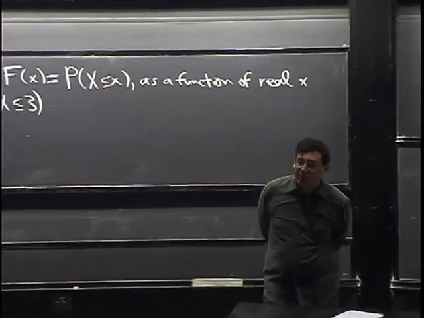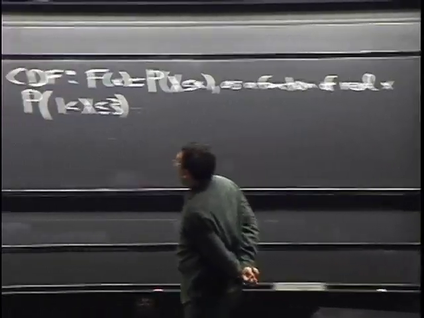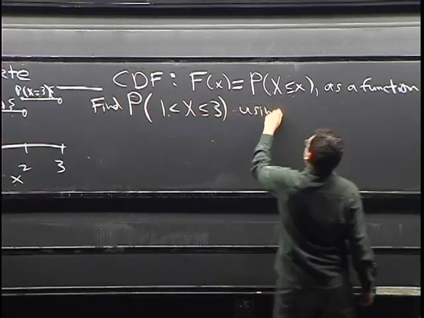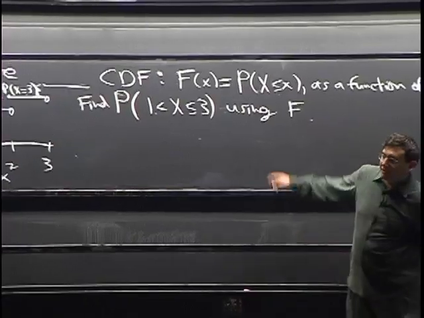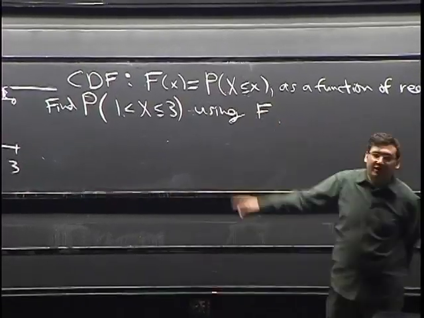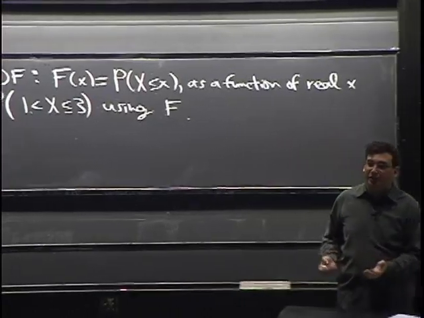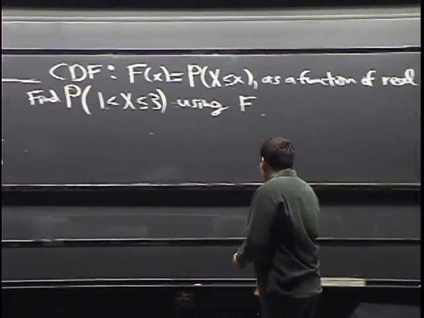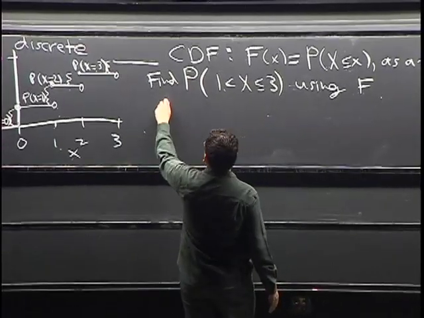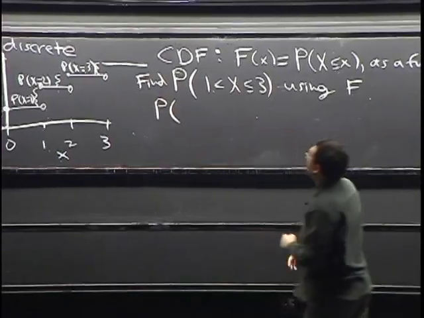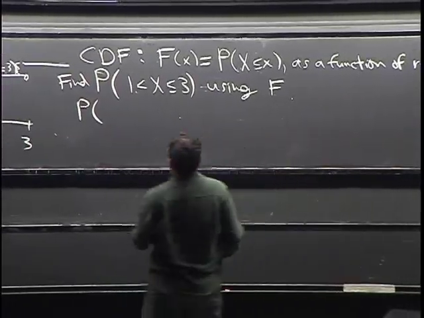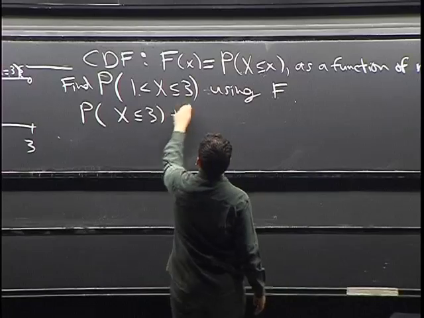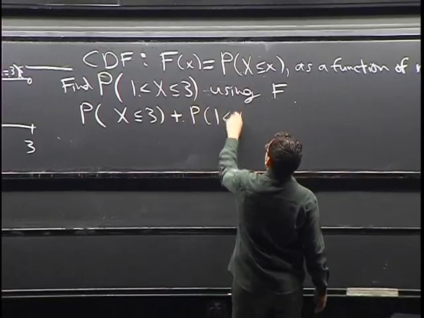Okay? Well, one way to think about that would be to say that, suppose we want to find this in terms of the CDF. I'm just doing this as an example to show that if you know the CDF, it's giving you the entire distribution. So that means from the CDF you can compute any probability you want for x. So then I would say, well, if we take the probability that x is less than or equal to 3, and if we add to that the probability that x is between 1 and 3,